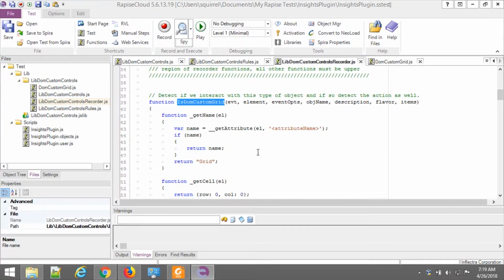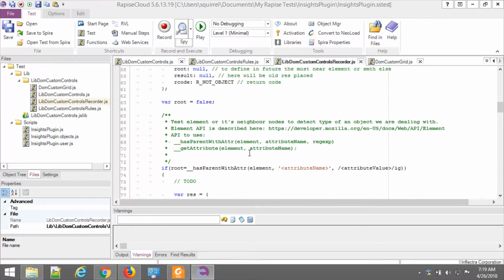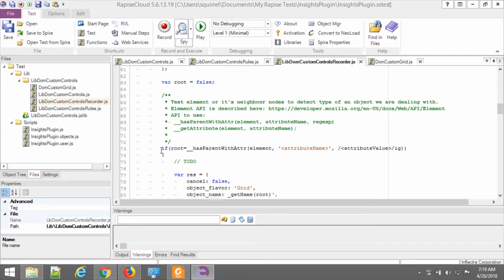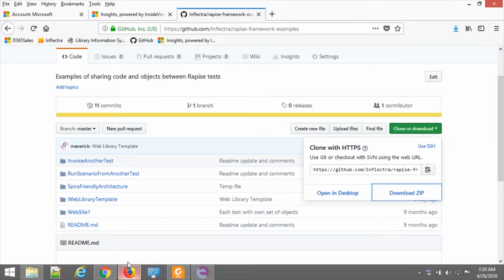So first, when we click somewhere in the grid, we want to detect that we clicked on the grid. I'm scrolling down, and here we have a place where Rapise examines where the user clicked. For example, when we click somewhere in the grid, then definitely some parent node of the node where we clicked should be the root of the table, and it can be identified in different ways. So actually, let's look at our table, at our grid